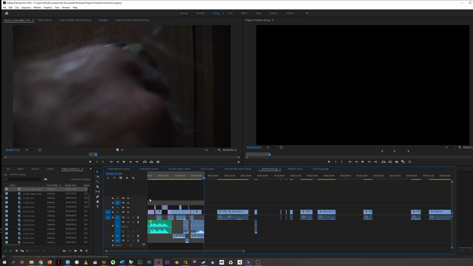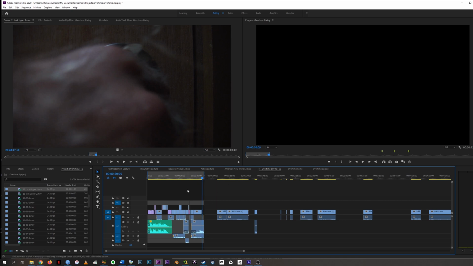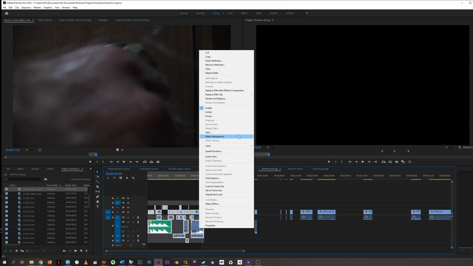That said, I've broken this whole thing up into subsequences, which is another whole way of thinking about organization, because this isn't the whole second half of the film. This is just the driving section of the second half of the film. So you can treat sequences as subsequences or nested sequences. You can put sequences inside other sequences. So I could select this whole thing. This is just my edited portion, and all this is the junk that made it up, the leavings, the leftovers. If I select all this, I can right-click it and either make it a subsequence,